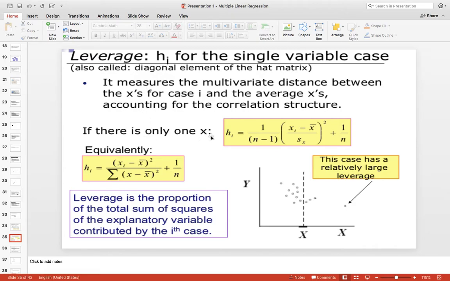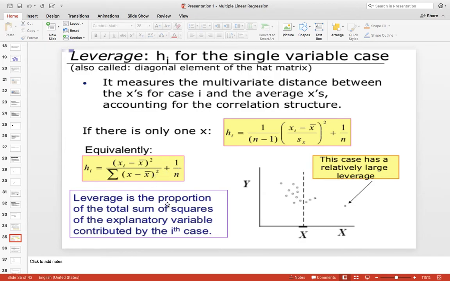If there is only one x, then h_i is equal to 1 by n plus the quantity x minus x bar, divided by the standard deviation, which is nothing but normalization of the variable, squared. Equivalently, it becomes 1 by n plus x minus x bar, whole squared, divided by the sum of x minus x bar, whole squared.